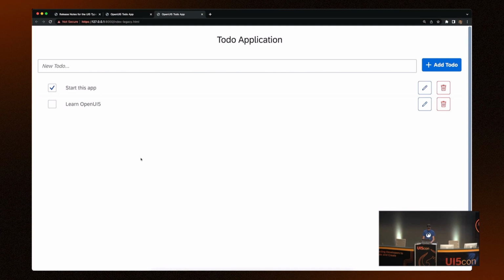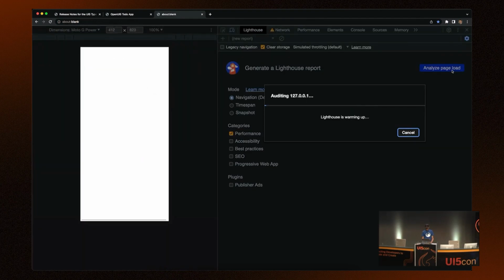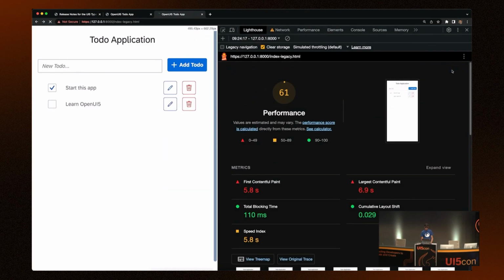So let's start with Lighthouse measurements. That's what we normally do to check if and how we can improve our performance. Normally we do the measurement on mobile, so Lighthouse simulates a mobile device with CPU throttling as well as network throttling. What we get isn't too exciting.